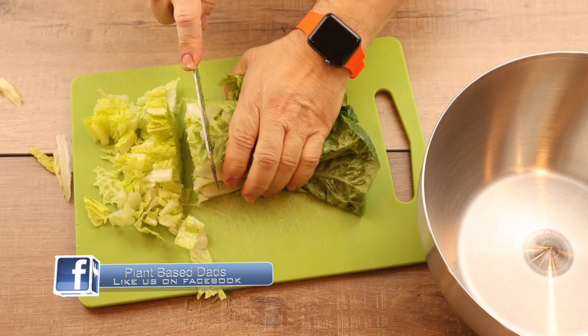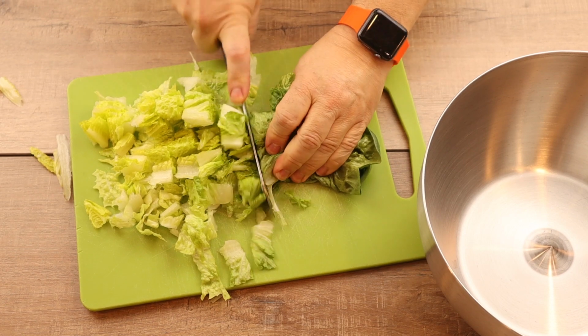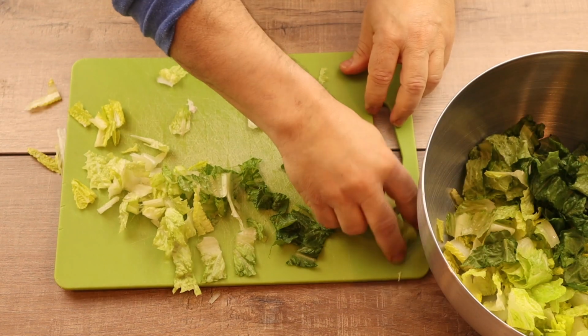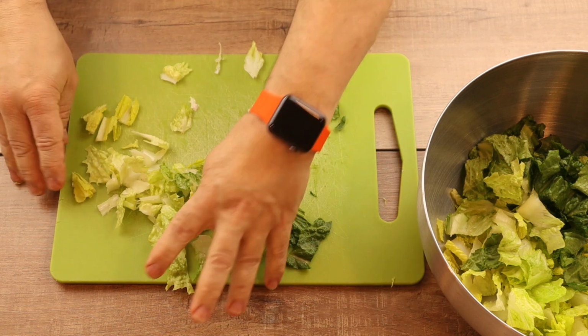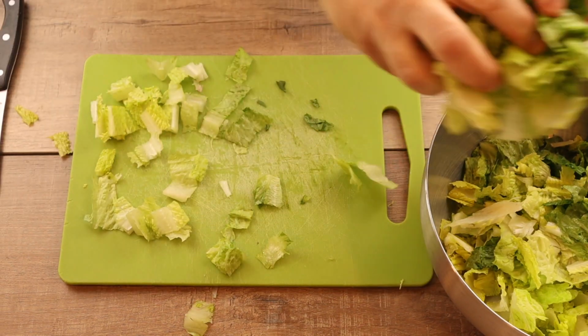Then I just go by and I slice off pieces a little bit at a time the short way. And I keep working my way all the way down to the end. Then I just toss all that in the salad spinner to wash, and I go on to the next one. I repeat the process with the second head of romaine, and now all of this lettuce is ready to be